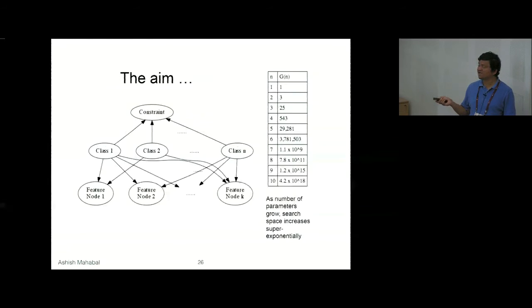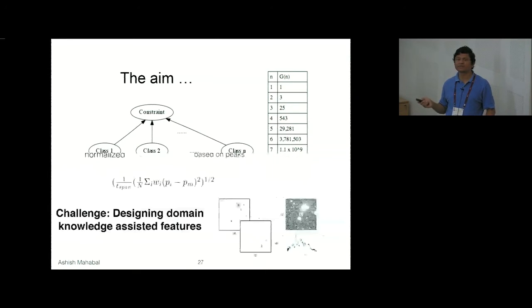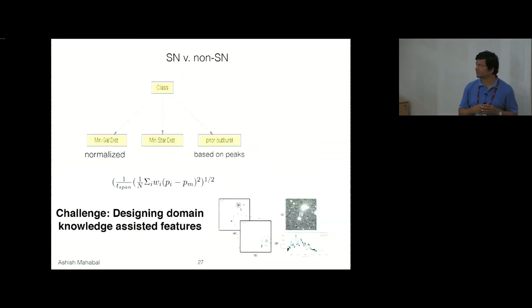But the dimensionality is so large, typically, that there is no time. The computation that is required for those is very, very large. It goes to very large powers of 10 very quickly as the dimensions increase. So one way to do that is to break down the big problem into smaller naive Bayesian problems. Like here, for instance, one can try to separate supernovae from non-supernovae using just 3 features, none of which requires follow-up observations. So if one can do that for every pair of classes in a hierarchical fashion, then that will be fantastic. But again, identifying how you can do that is a crucial thing.